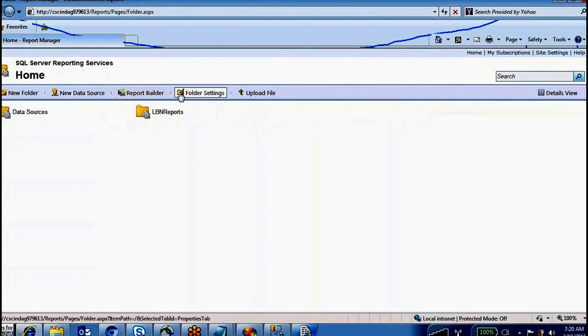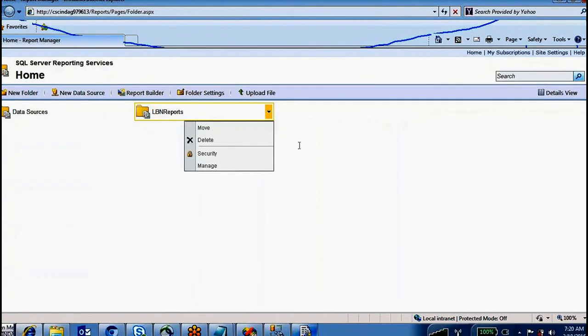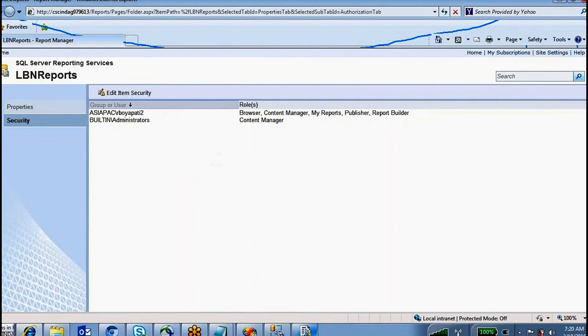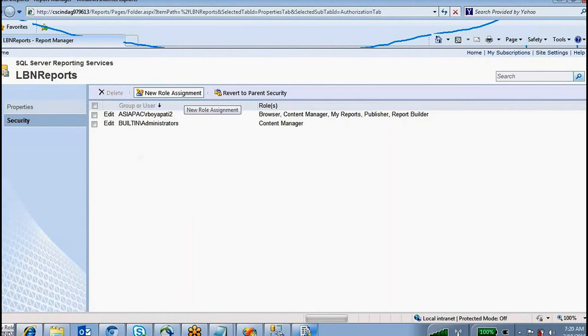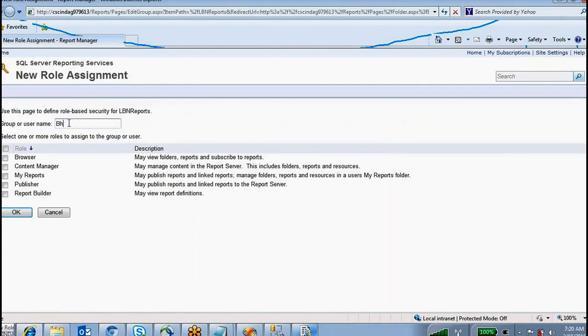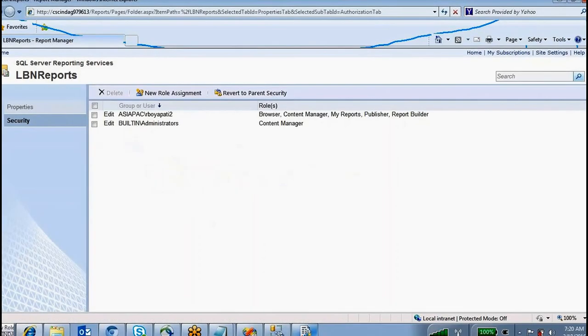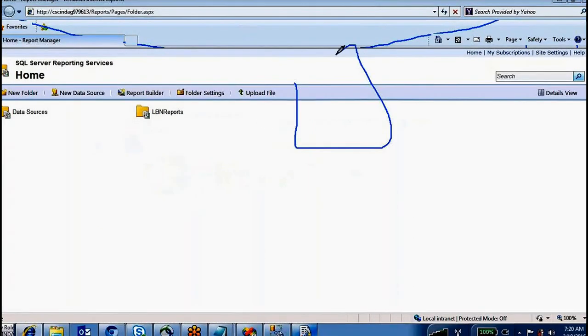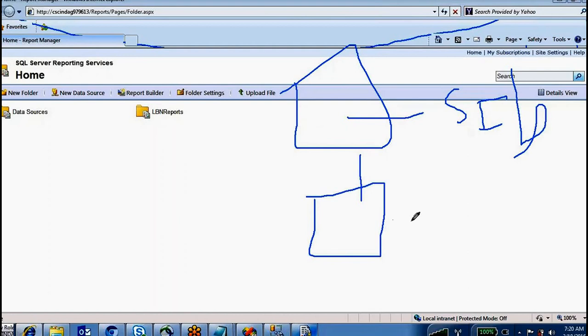And after you have given the folder setting permissions, if you want to give security inside a folder also, for example this particular LBN reports folder, go to Security here. Edit item security, then new role assignment, and you have to add Bhavana here also. So this way you can give the security level permissions first at the site level, then at the folder level,